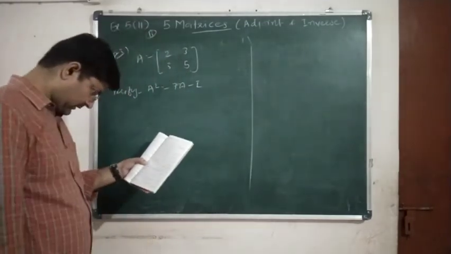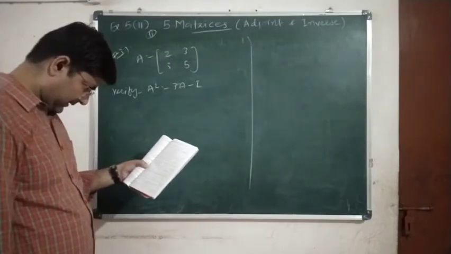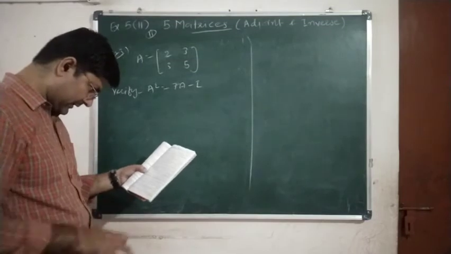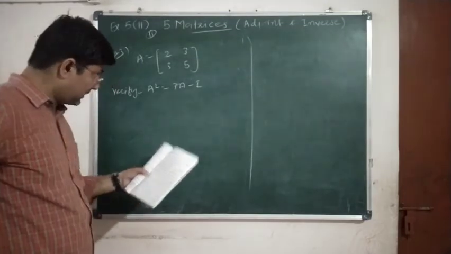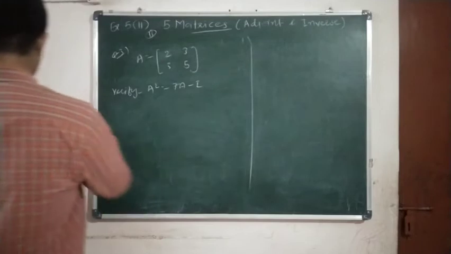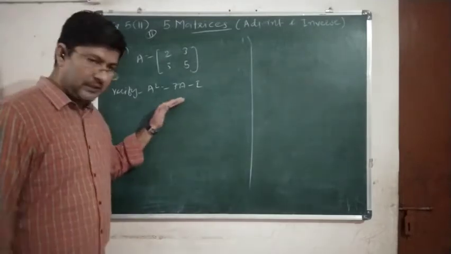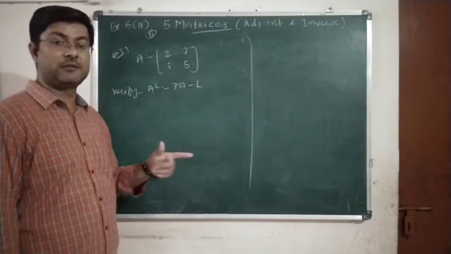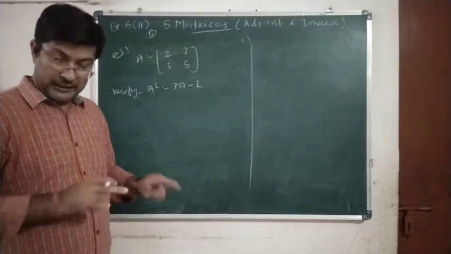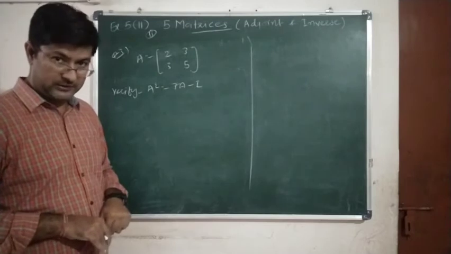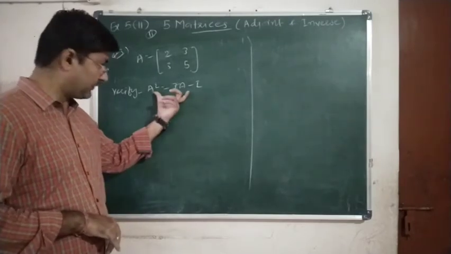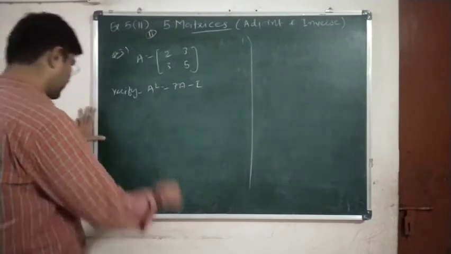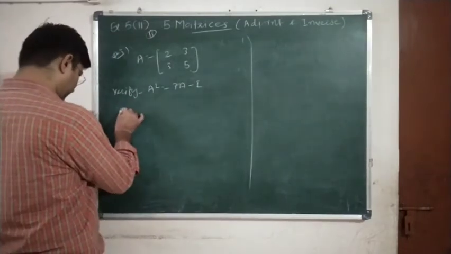Okay, so question number 3, A square is equal to 7A minus I. We have to prove, and hence means using the result, then we will obtain A inverse from the relationship only. We will prove this relationship, and from this relationship we will find A inverse. It means we don't have to calculate adjoint of A, determinant of A. Yes or no? But we have to find A inverse from the given relation only. But before that we have to prove this. So let us prove or verify.